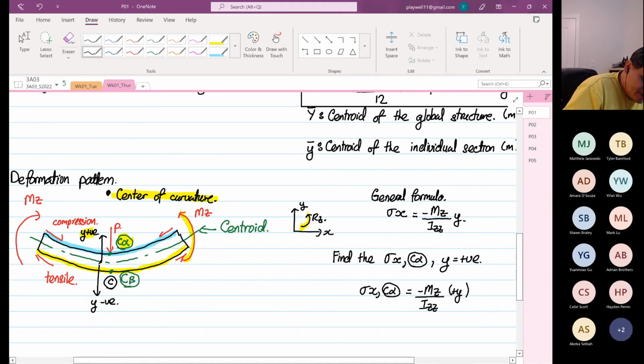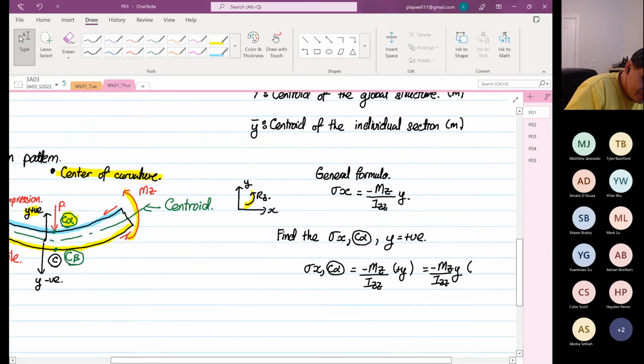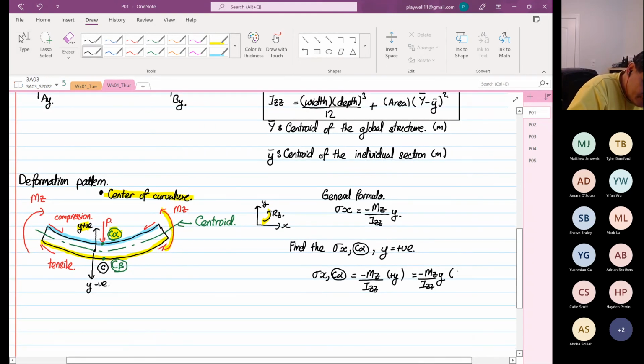So what you see over here, this formula will be equal to minus Mz over Izz multiplied by y. The minus that you see indicates that it is under what? It is under compression. Okay, so I'll do another one. Now we are going to find